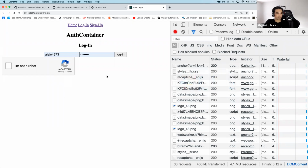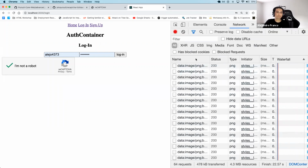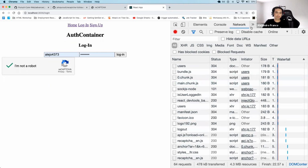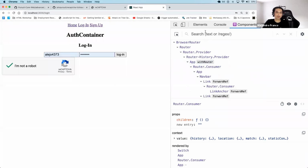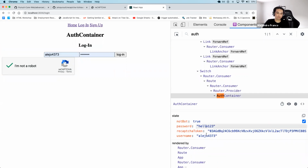The next thing will be to then, once we get this token from here, and we have it in our state, we want to send that token to our backend to verify it with our backend. So to do that, we need to make sure that we send it in the request. Right now, because of the way that I built this app, I realized that it's already doing that. So if we look at why it's doing that, it's because if we look at the auth container, this is the state of the auth container, right? Password, username, reCAPTCHA token, and true. And then when I hit submit,